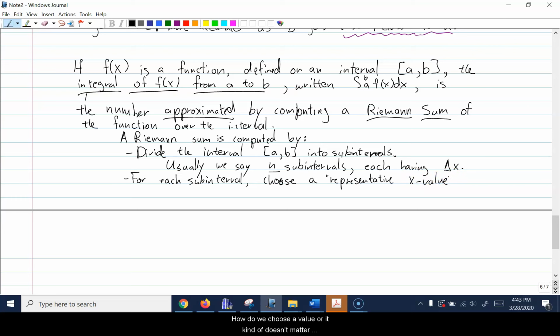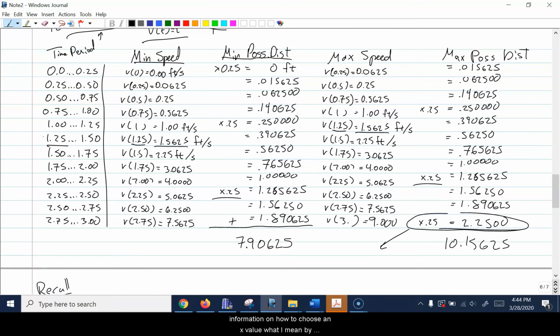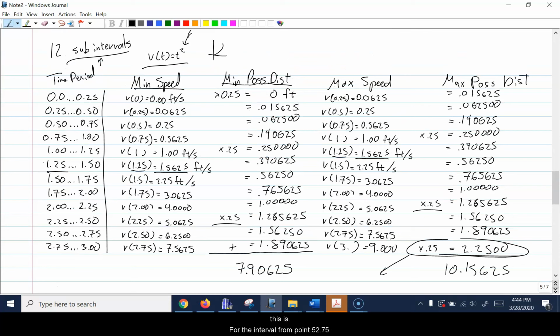How do we choose a value? Well, it kind of doesn't matter, although the instructions will usually give you some information on how to choose an x value. What I mean by this is, for the interval from 0.5 to 0.75,